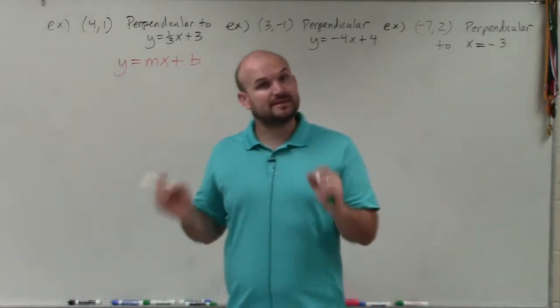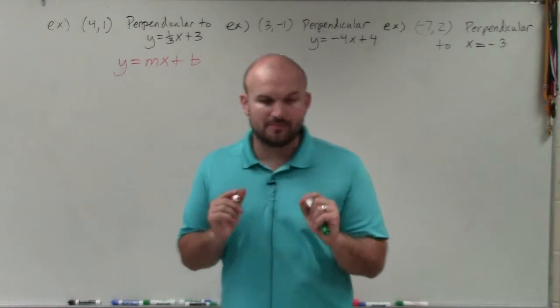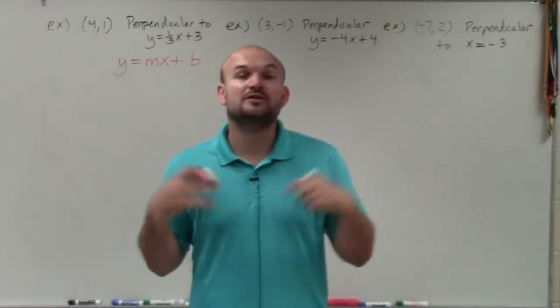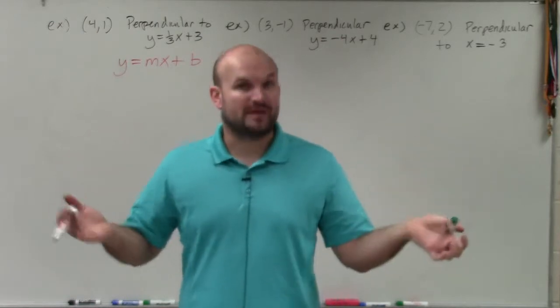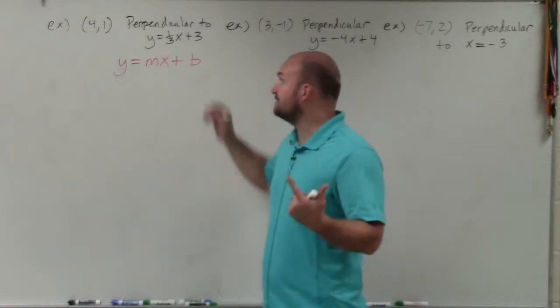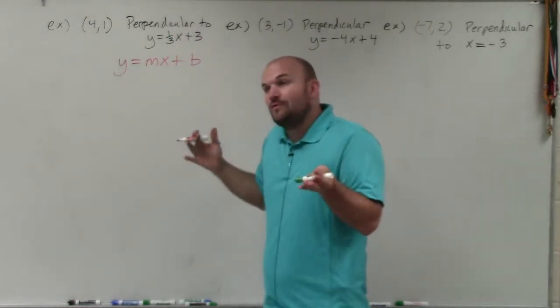Also, the slopes are reciprocals of each other. Remember, a reciprocal of a number is the numerator and denominator flipped. So the reciprocal of 4 is 1/4. The reciprocal of 2/3 is 3/2. Okay? So when we're writing the equation of the line perpendicular to this line, we know that the slope has